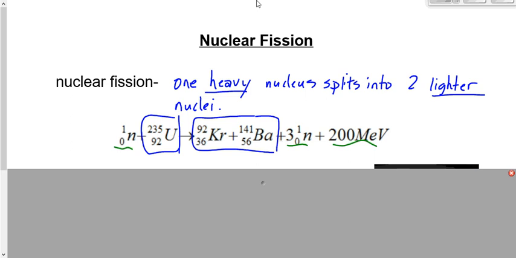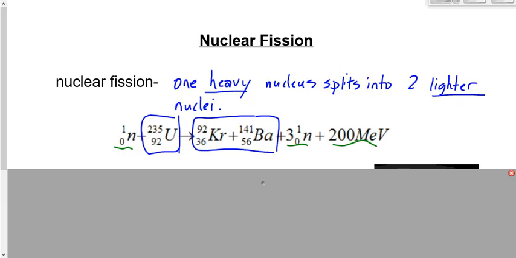How much energy is that? Looks like a lot, right? 200 mega electron volts. It's enough to blow up a city or power a city if we're talking about electrical generation, right? Right? But it's not. 200 mega electron volts is actually a really small amount of energy. It's maybe enough to move a speck of dust. So how do you go from this to generating enough electricity to power a city or enough energy to blow up a city?